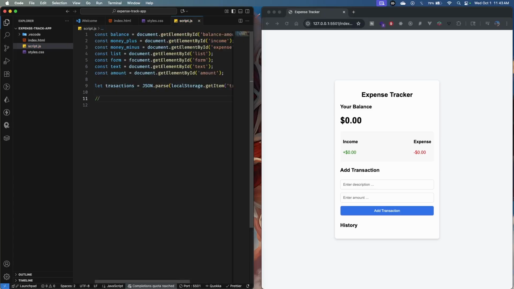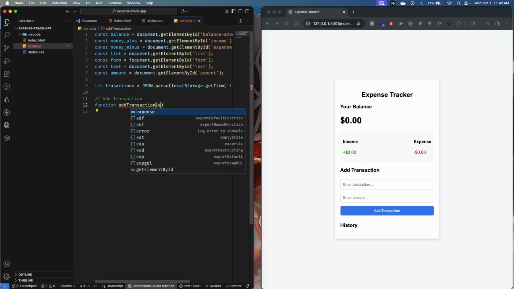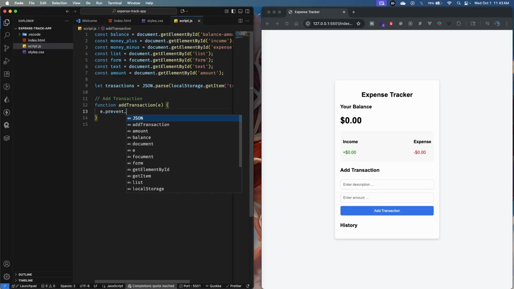Now let's declare the function of addTransaction. Let's put a comment here. And let's put a function addTransaction. We want an event. Let's put the brackets here. We want the preventDefault, and this function is for impeding, or in this case blocking, the form to be